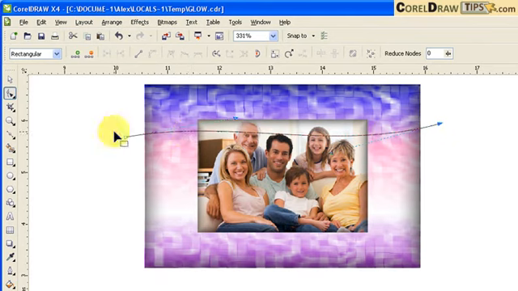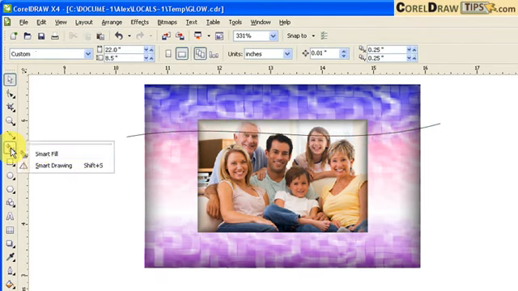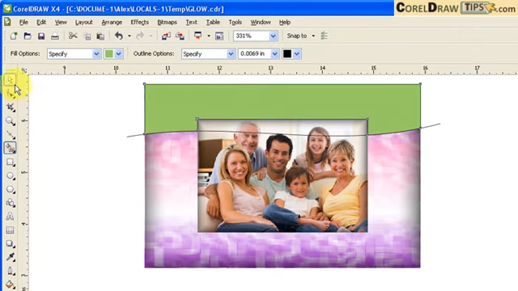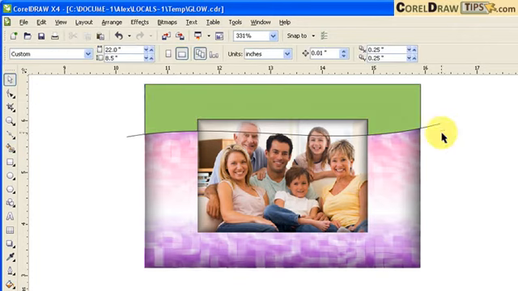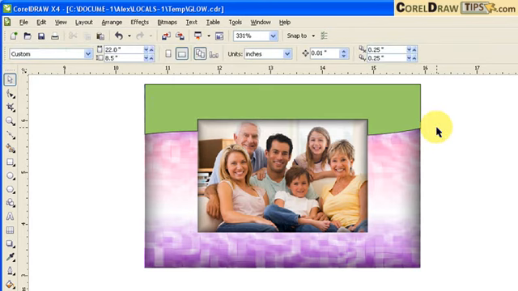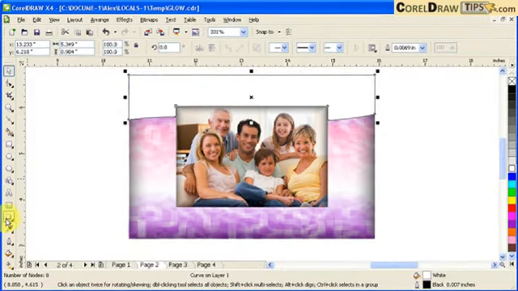Oops. Okay, that's good. And then I'm going to go to my smart fill, click on this part because that's the only part that I wanted to make like a reflection. So I delete that. So I click on this, make it white, and I remove the outline,